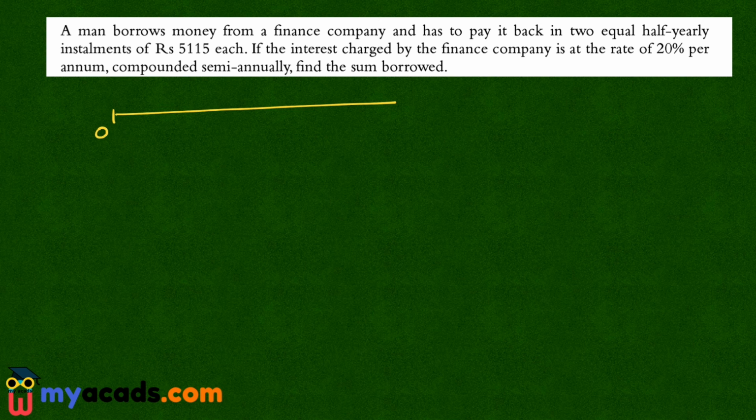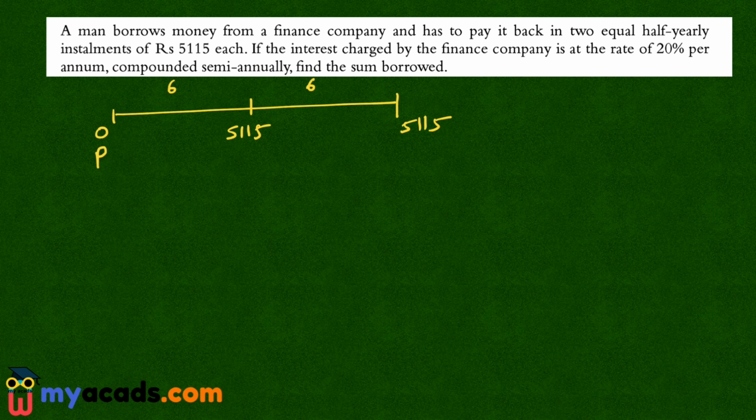This is 0. This is first 6 months. This is next 6 months. This is the end of the year. So a man borrows P amount of money and he has to pay this money in 2 equal half-yearly installments. The value of these installments is 5115 and 5115. Now the person has taken P amount of loan and the finance company will charge interest at the rate of 20% per annum